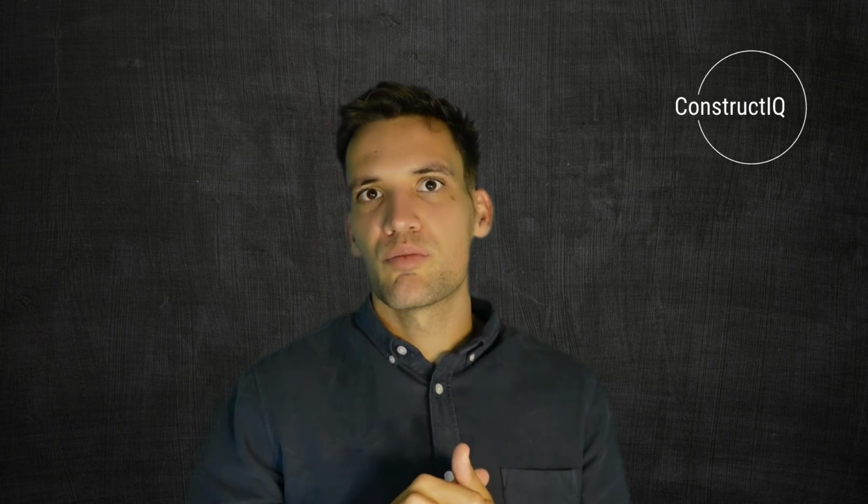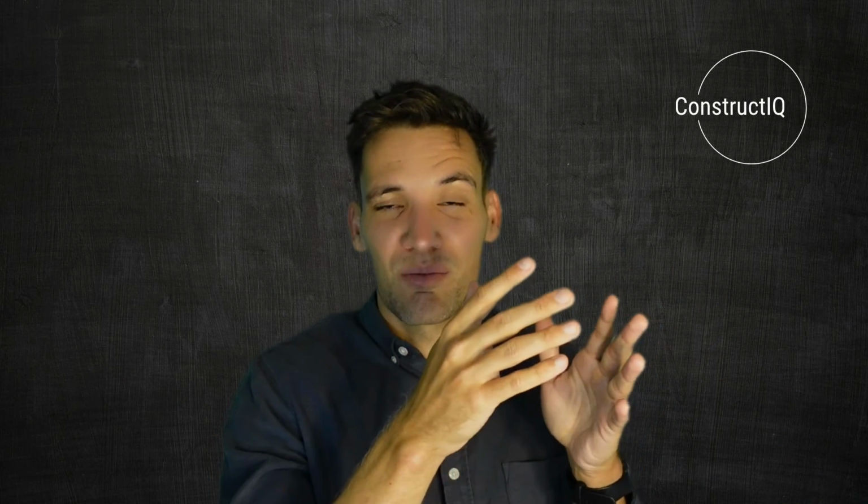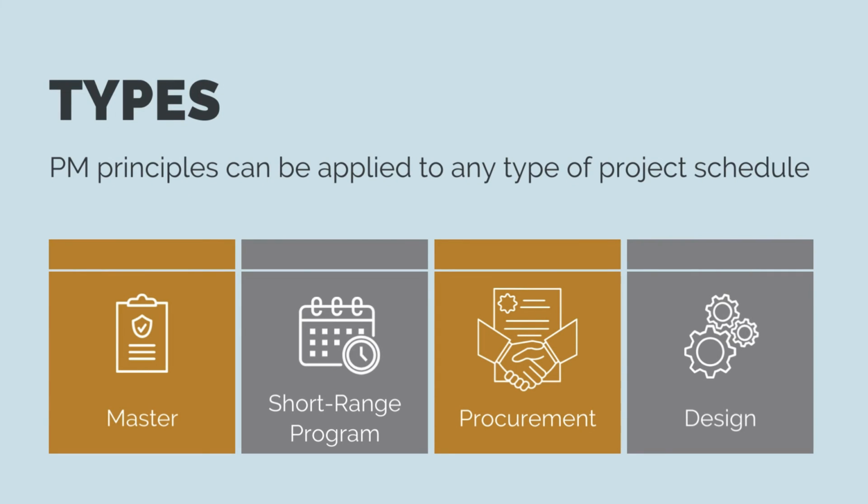So the project controls and planning team will be using these when they create the overall plan of everything from design to pre-construction to construction and commissioning, grouping these all together when they create the master project schedule. And as project engineers, we're going to use these same principles, albeit on a smaller scale, when we're creating our mid-range to short-range programs. So when we're building our 3-week look ahead, we need to go through and think through